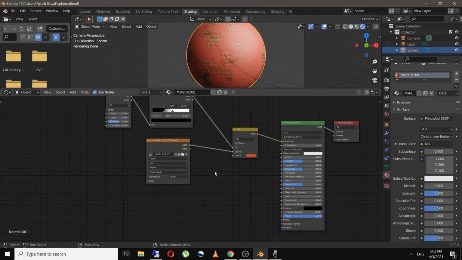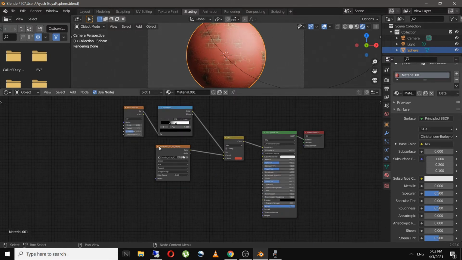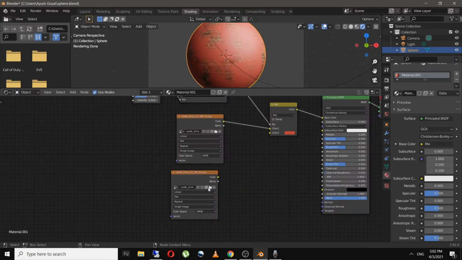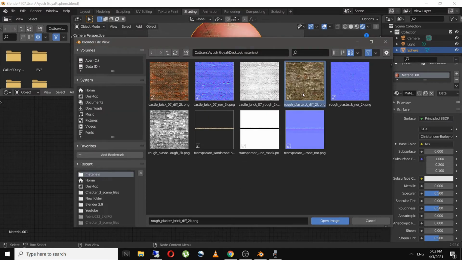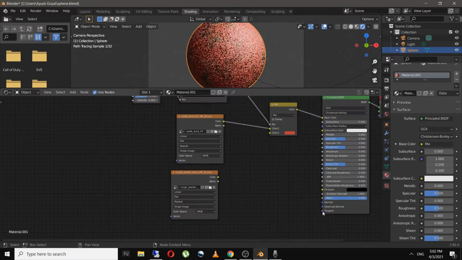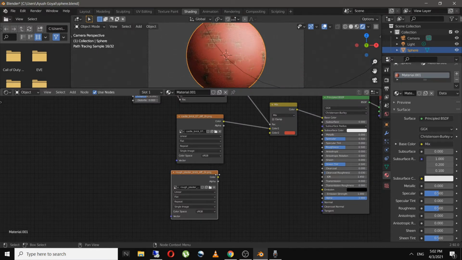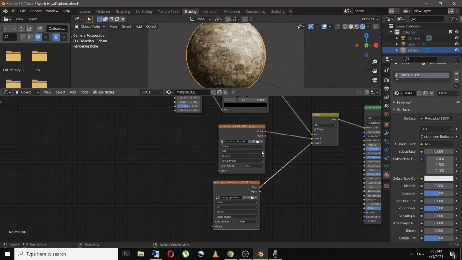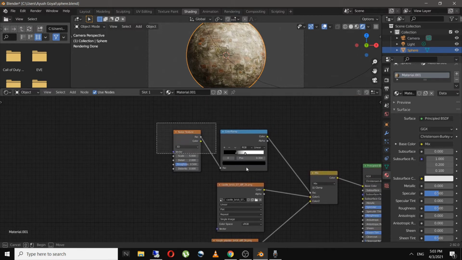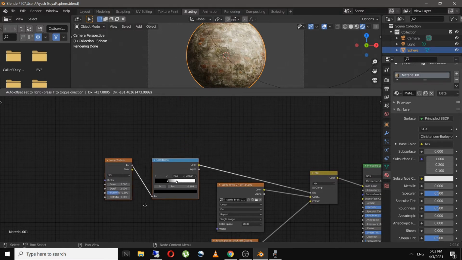And similarly in color 2 I want to select my plaster. So for that I will duplicate this over here and select the rough plaster diffuse and connect this color to color 2. So as you can see, we have both bricks and the plaster, and we can control this value from the color ramp.